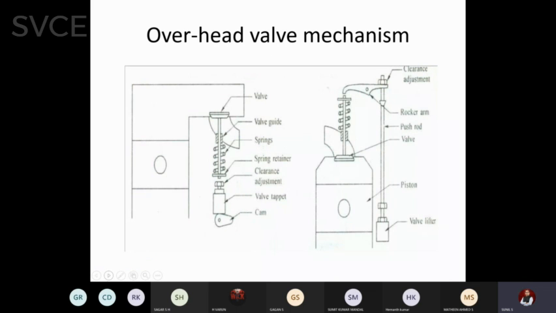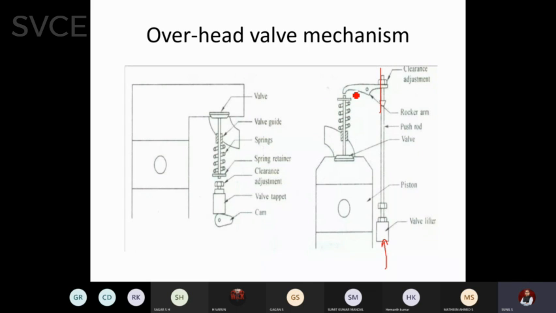As we discussed, it is called an overhead valve mechanism because over the head there will be an inlet. You can see here again, this will be the piston, which is a piston cylinder arrangement. So this will be the valve mechanism. There is a rocker arm in COM. You can clearly study how this mechanism works. Whenever this is lifted by the crank, this moves up so that this rocker arm moves down.